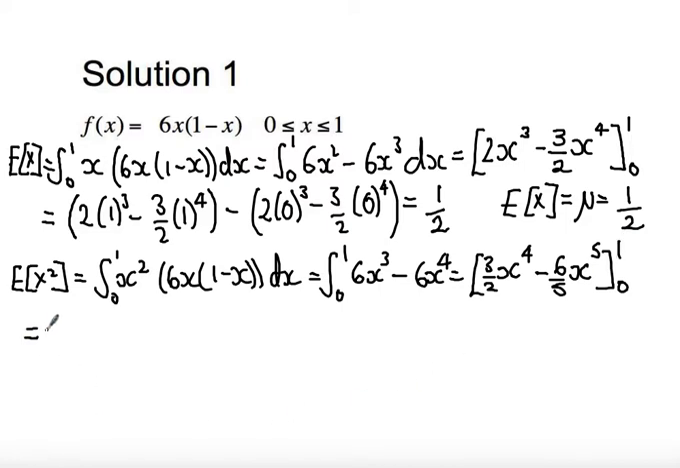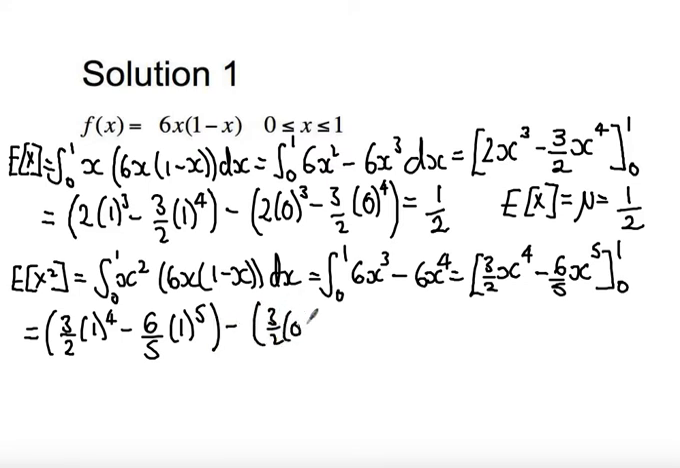So now substituting our values, so I get 3 over 2, x to the power 4. Sorry, I should be doing 1 to the power 4, little lapse of concentration there. Let's tidy that up. So 3 over 2, 1 to the power of 4, minus 6 over 5, 1 to the power of 5, minus 3 over 2, 0 to the power of 4, minus 6 over 5, 0 to the power of 5, equals. So, type this into your calculator